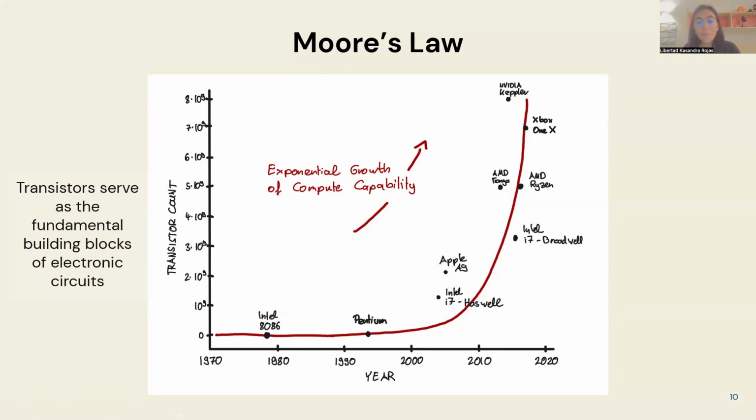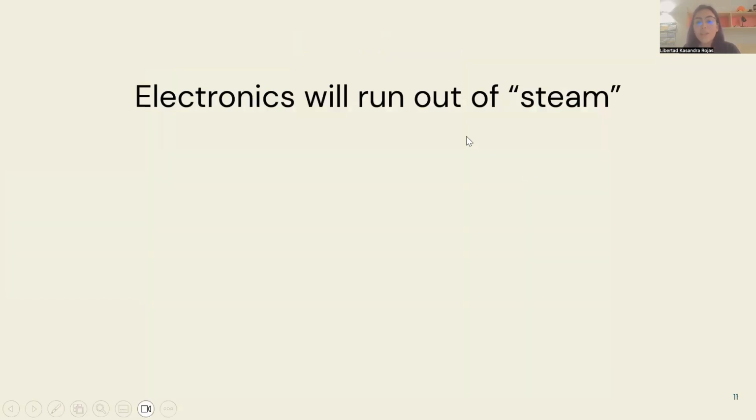So as time passes and the processors or the electronic components that we have, chips for example, get more complex, you need more transistors. And overall, just wrapping up with this, we're seeing an exponential growth in the need for computer capabilities when it comes to electronics. And at some point, this growth is not going to be sustainable and electronics will run out of steam. So electronics on their own will not be able to meet the demands for high-speed or ultra-fast processing